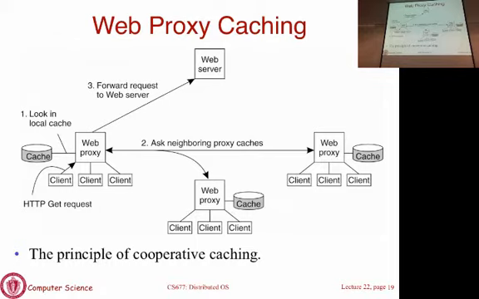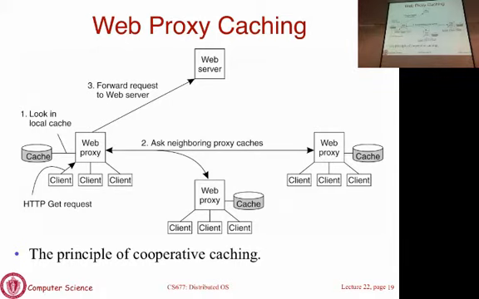Not only do they service direct client requests, they also service indirect requests that other proxies make of them. Okay? Now doing this cooperation further reduces the load on the server. Basically, if you have cooperative caching, the cache that this proxy can serve is the union of the content on all the neighboring caches, because either you get it locally or you get it from a nearby cache and you service it.